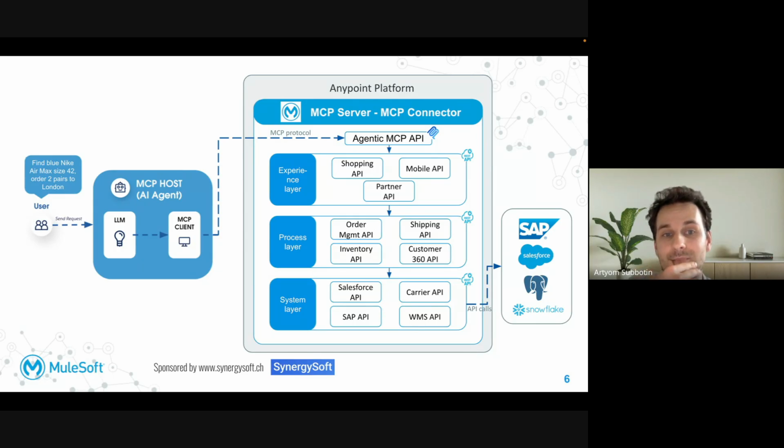And here we should discuss why we chose the MCP connector for this particular use case. Why not the second approach, which is called MCP bridge? First of all, it's a new build. There are no existing REST APIs to wrap, no inherited endpoints to map. So the integration is being created specifically to serve an AI agent, which means every architectural decision can be made with agent consumption in mind from the start.